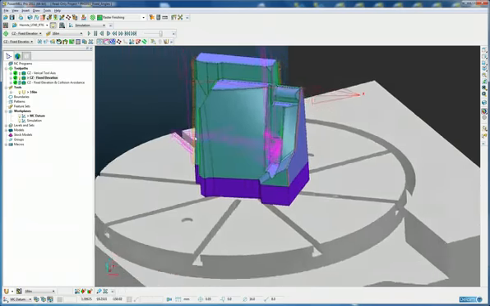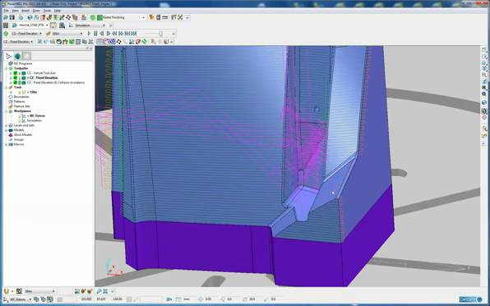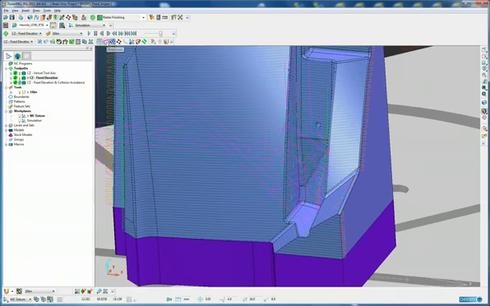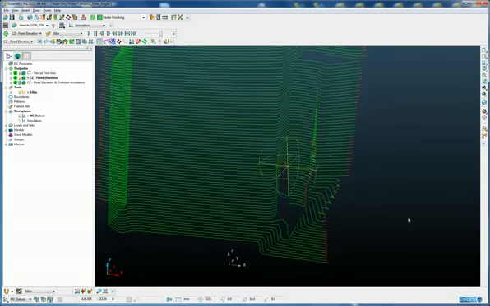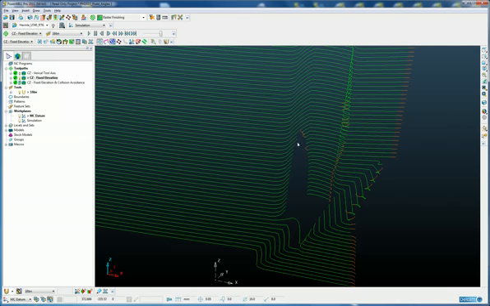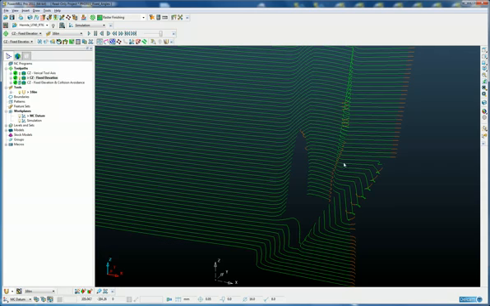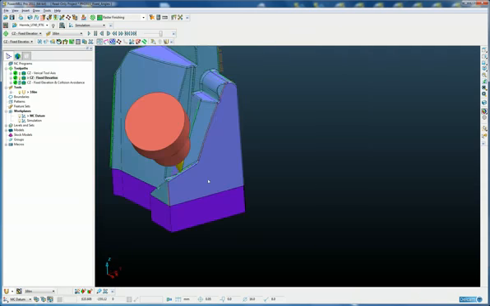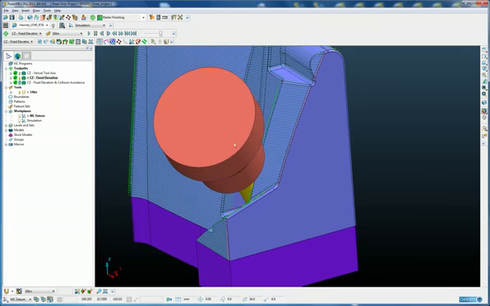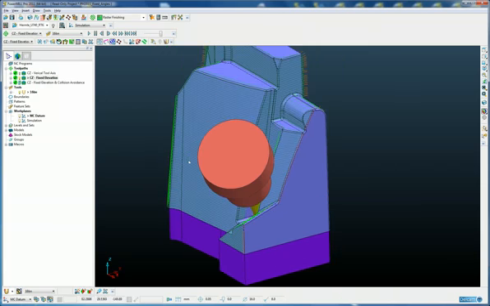if we zoom in a little bit closer, we can still see that there are lots of retract moves in this region here, lots of skim moves. If we undraw those moves for a second and undraw the part, we can still see some gaps or missing areas in the toolpath, which again is due to the automatic verification removing any colliding regions. So even though we've used a 45-degree tool axis, there are obviously some areas where even at 45 degrees the tool holder collides. So ideally we want to lock one of the axes of the machine, but we also want